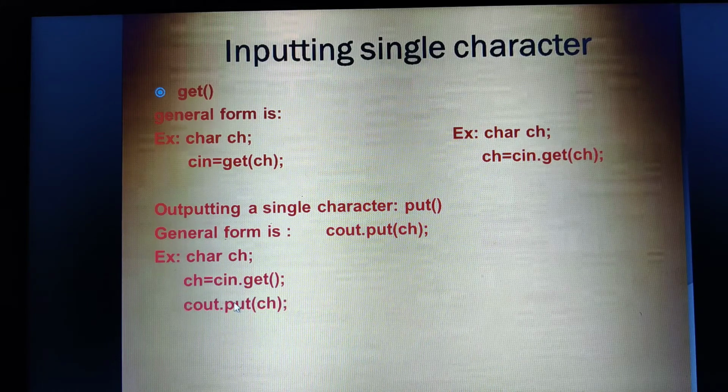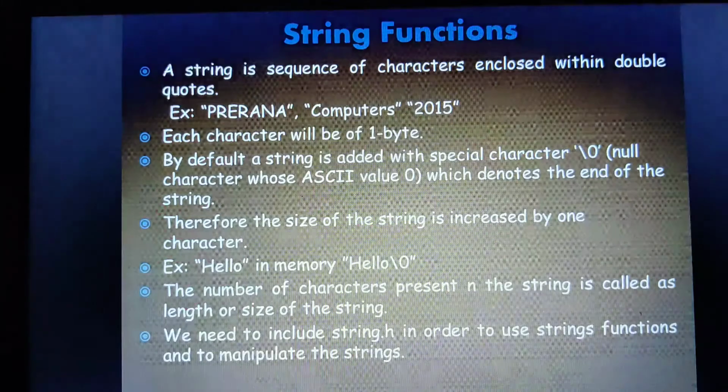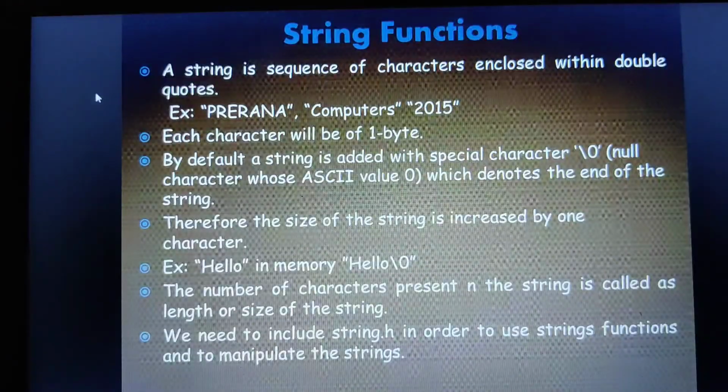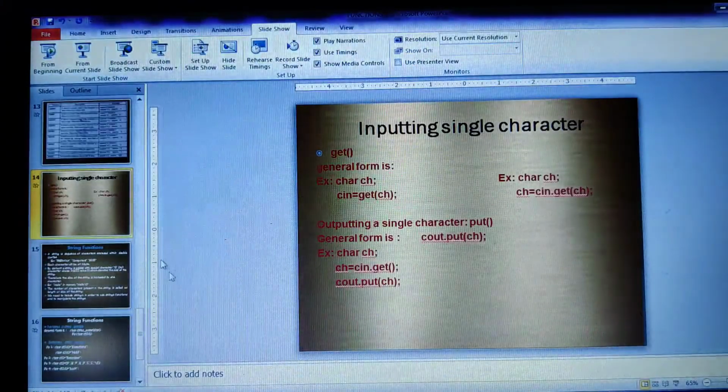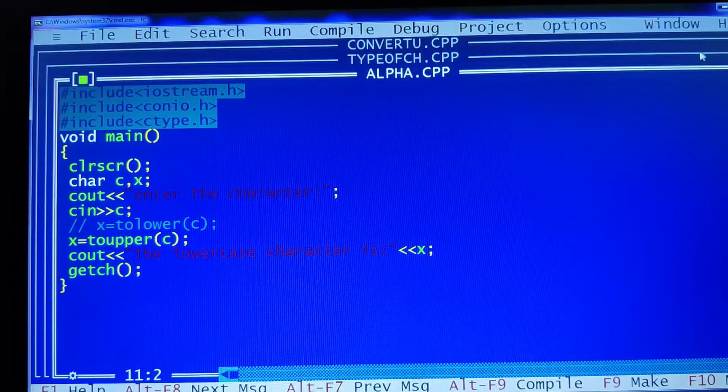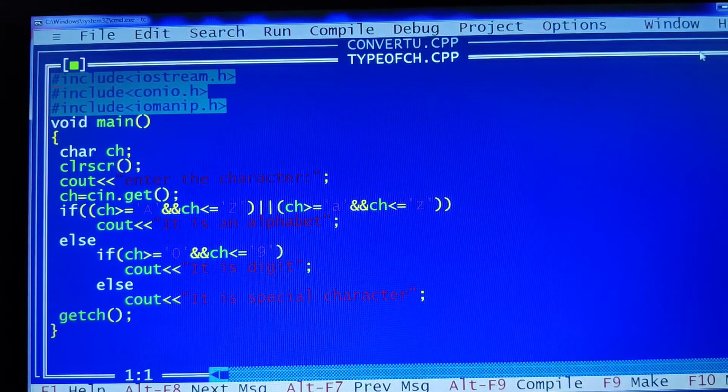Let me explain this one with a programming example here. Here I have written the program itself for you. Look here, this is a program to determine the type of character.